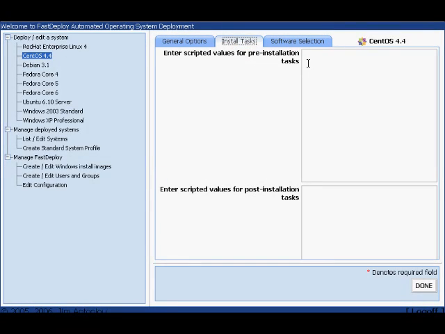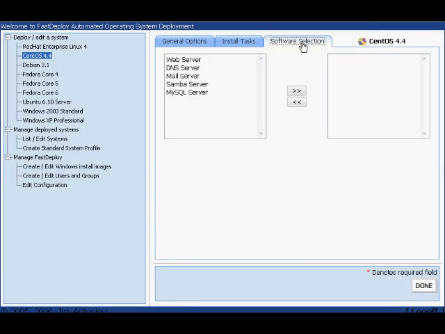This tab here, install tasks, is for scripting any options you want to run before or after the system installs. In other words, if you want to run a pre-install task that runs before the server is all the way installed, or a post-install task once the OS is already all the way installed, you can enter scripted options here. These are usually shell script type options: echo, if statements, for do statements, those kinds of things, bash shell scripting. We don't want to do any of that right now, but what we do want to do